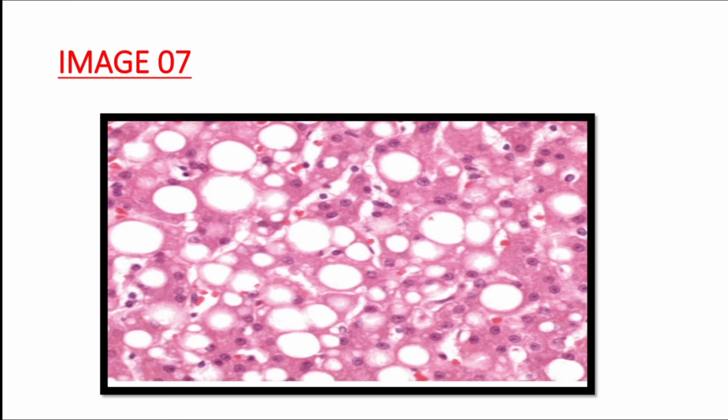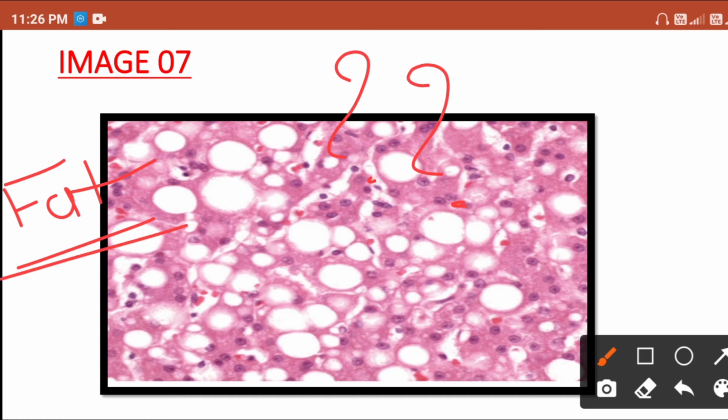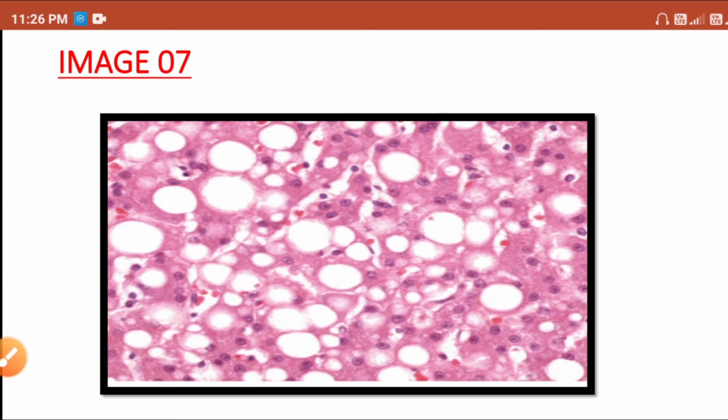Alright. This is the seventh image and it's a most important image. Here you can see, guys, cells having clear cytoplasm. So it could be macrovesicular or fatty change. This is because of intracellular fat accumulation. Now you might have a question, guys: why is the fat here not stained yellow? Because, guys, the fat is lost during histopathological processing. That's why you cannot see the yellow color of the fat, and it's stained